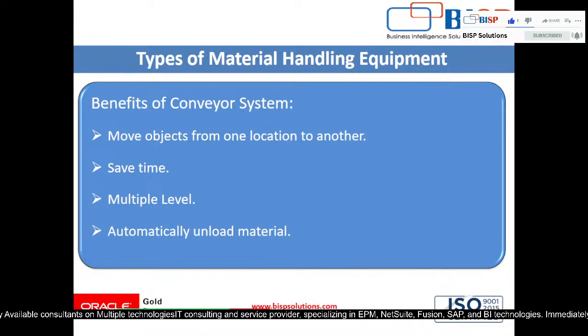So the conveyor system saves time when transporting items from one location to another, right? If the object is too heavy, too bulky, or too much to carry by hand, or equipment is operated by hand, it takes too much time. So this conveyor system saves time when we transport huge, bulky objects from one location